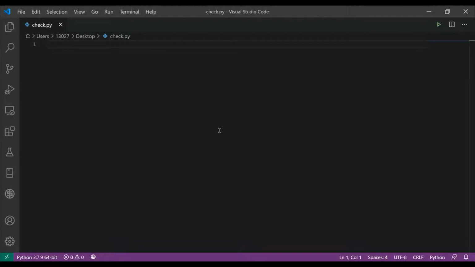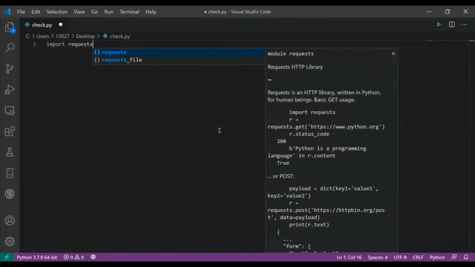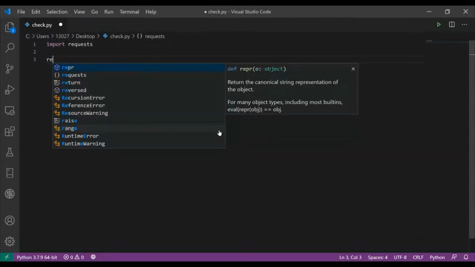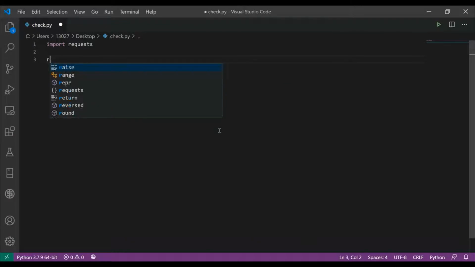So first thing we're going to do is import requests, and you may have to pip install this. I'm pretty sure it's a default module, so skip that. Next we're going to do URL, and basically the way we're going to go about this is we're going to have a URL, like some website, and we're going to try pinging that website, and if we can't ping it, then we know that it's our error and not theirs. Then we know that our internet connection's down.